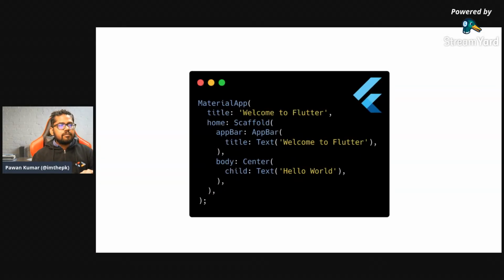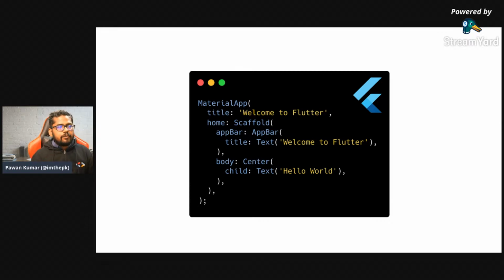So we'll say material app. So we have to select a type of the app which we are making. It can be material, it can be Cupertino, it can be just widgets app, which we will customize entirely. So title here is welcome to Flutter, obviously. And in the home, we are saying scaffold. Scaffold is nothing but a structure, a body kind of structure. Like in HTML, you see head, body, footer, something like that, right? So here is scaffold, app bar, body, and something like bottom sheet and drawer and all those things.